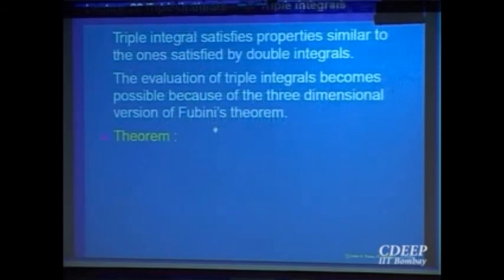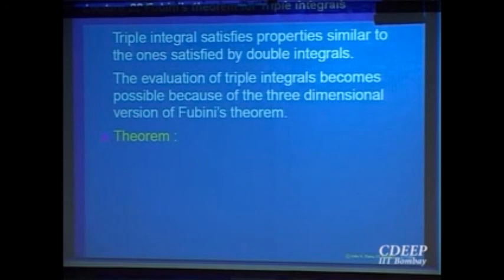So what is the corresponding Fubini's theorem for triple integrals? I would like to state that at least today, so that next time we can look at examples. It says, like for two variables, for three variables, you can fix one variable at a time. Or you fix two variables at a time, you want to go to function of one variable. Right? If it's a function of three variables, if you fix one variable, you get a function of two variables, and you know how to compute the double integral of a function of two variables. That again is by fixing one variable, making it a one variable. So we are fixing one variable at a time and going to integrate.